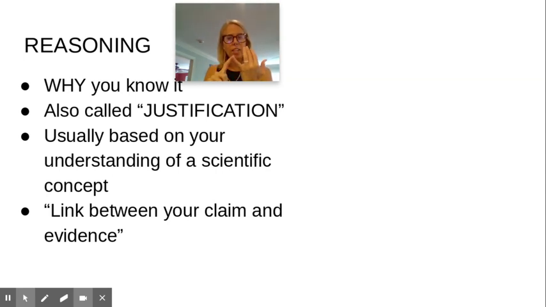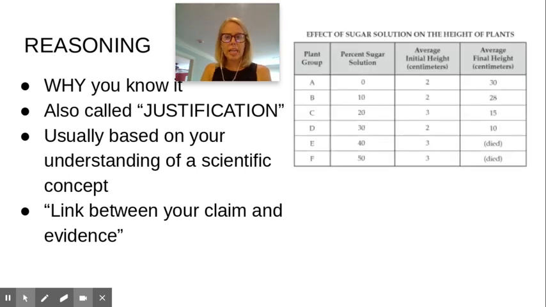So here's what I know, here's how I know it, and here's why the how connects back to the what. It's linking the two. So again, continuing in our example, for the claim, we had increasing the sugar solution negatively